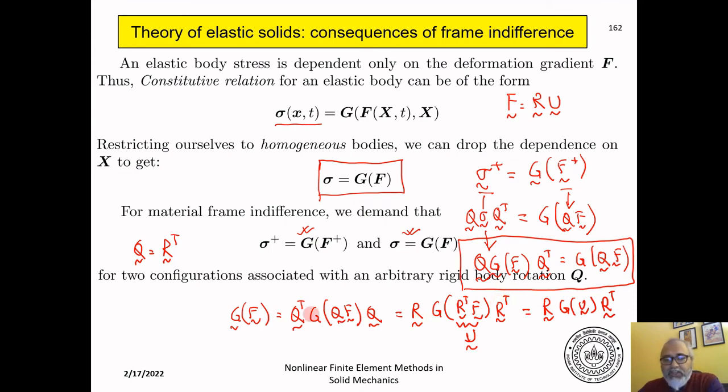So what we have seen from here, by making this choice, is that if this G is not explicitly a function of F, but is a function of U, then we are guaranteed to have objectivity satisfied in this kind of constitutive equation. Therefore, we need to have a constitutive equation where sigma is a function of U rather than being a function